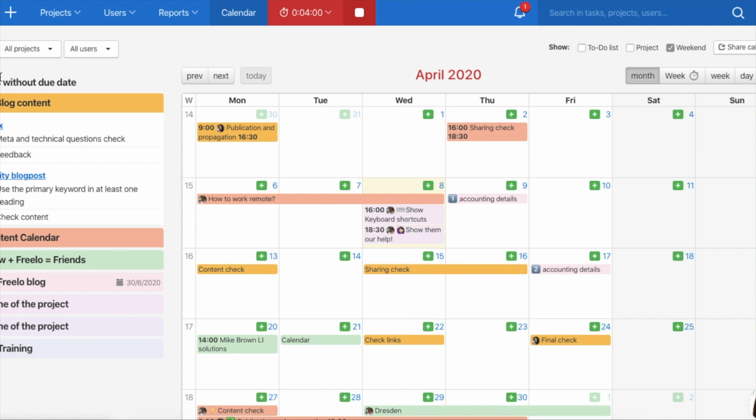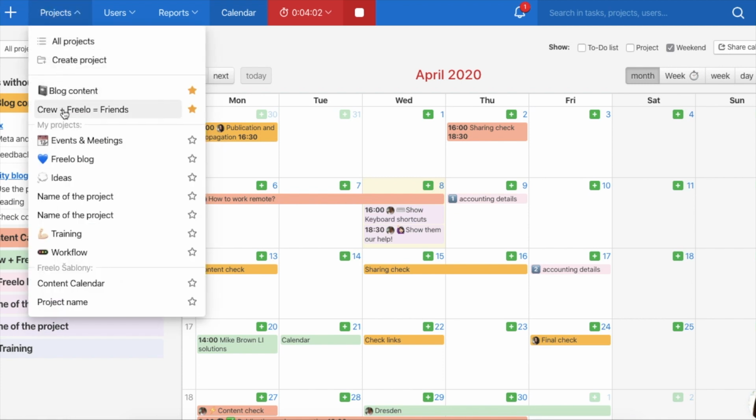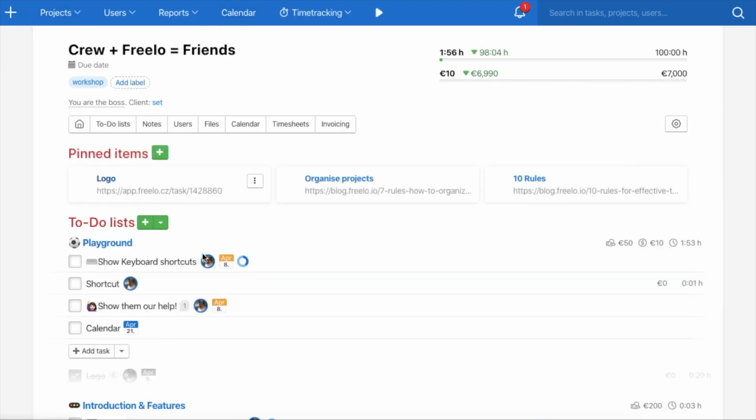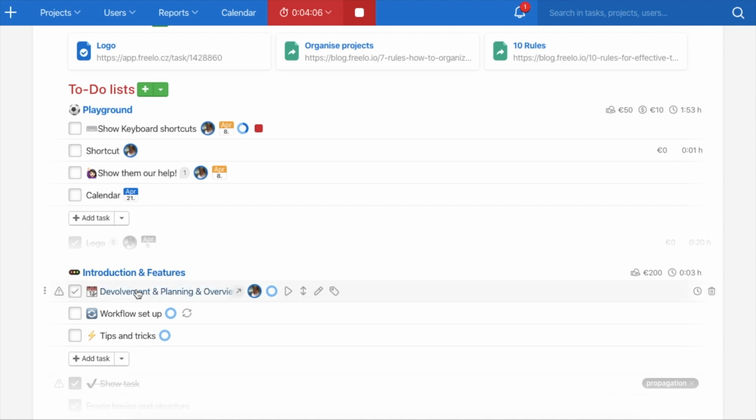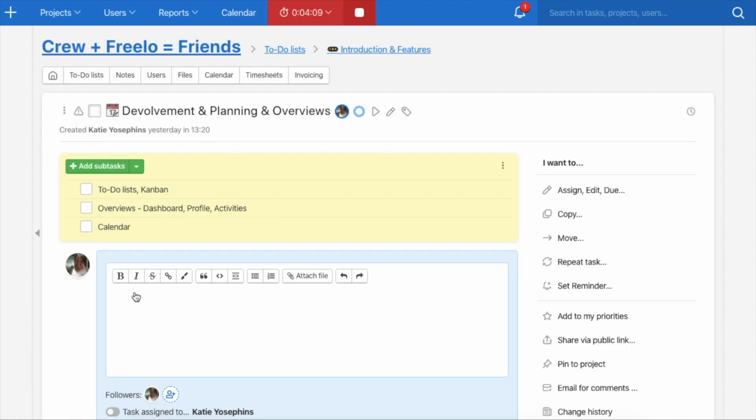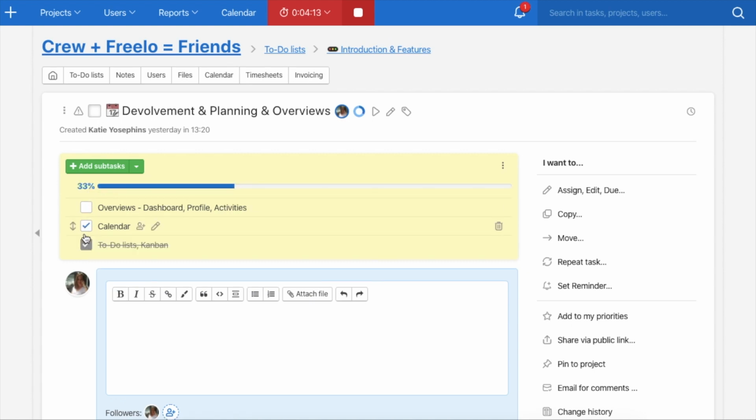I will check my checklist again, whether I forgot something. Yes, we have been through Kanban, calendar. I will also show you dashboard and activities. So